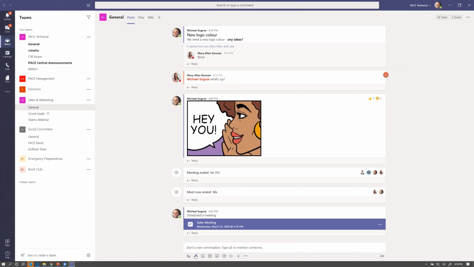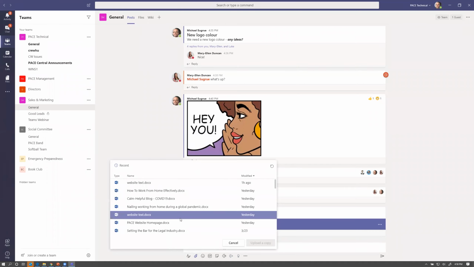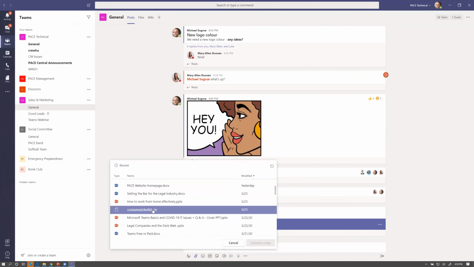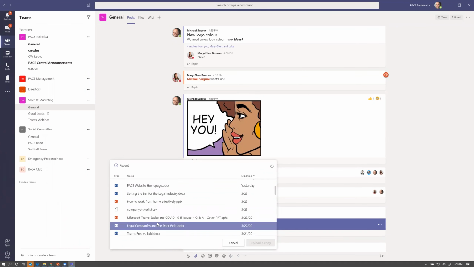I would just click on this attach icon here. I could either look at recent files, find things on OneDrive, or upload from my computer, which will show me everything. I'm just going to click on recent to see what recent files I have available.